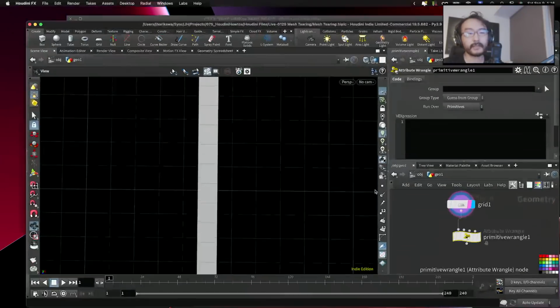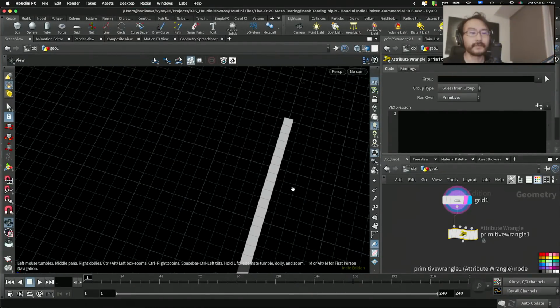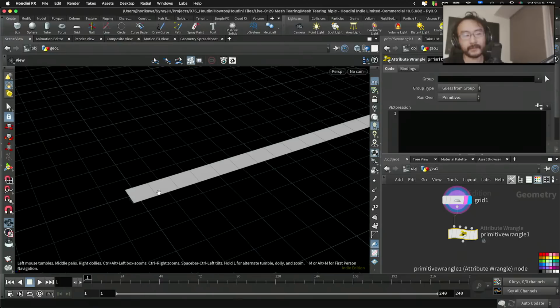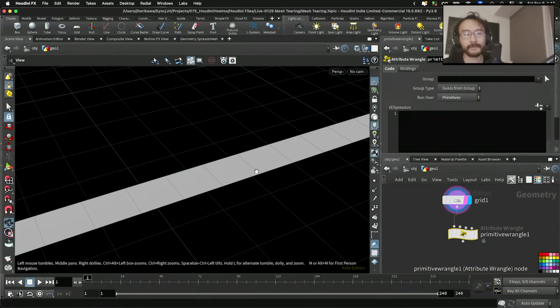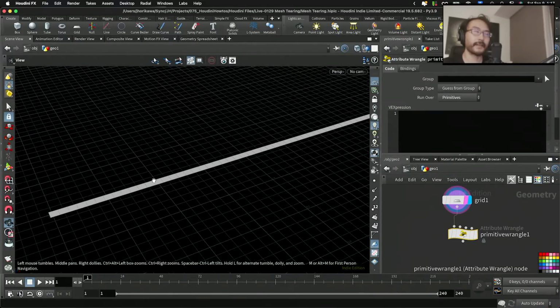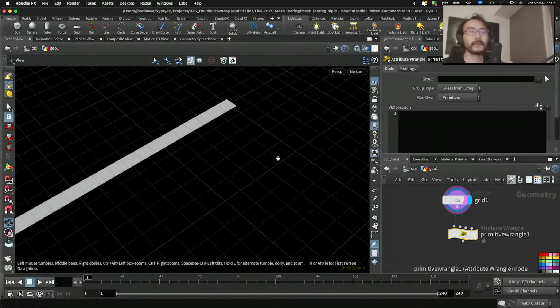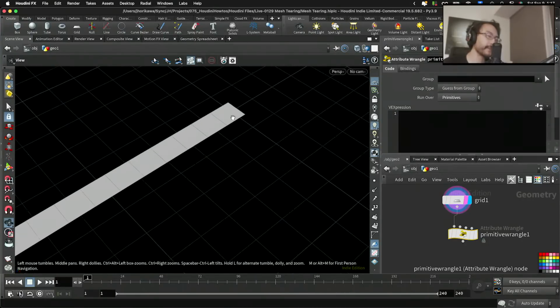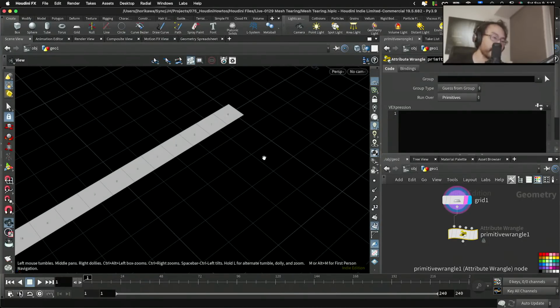Okay, so to do that, let's try to move the height of each vertex based on the position, or based on the number of edges, the ID of the edges. I guess what I could do is to do this per primitive. So each primitive has its numbers, and if you show it up,